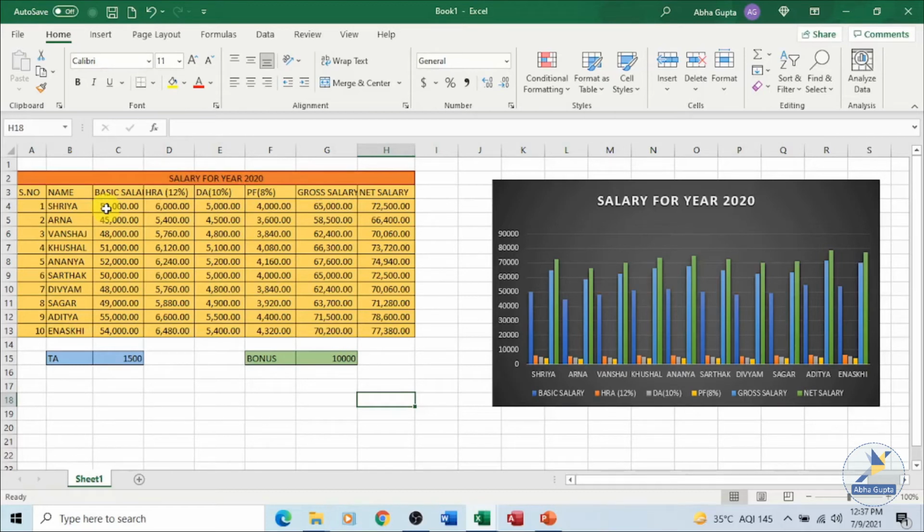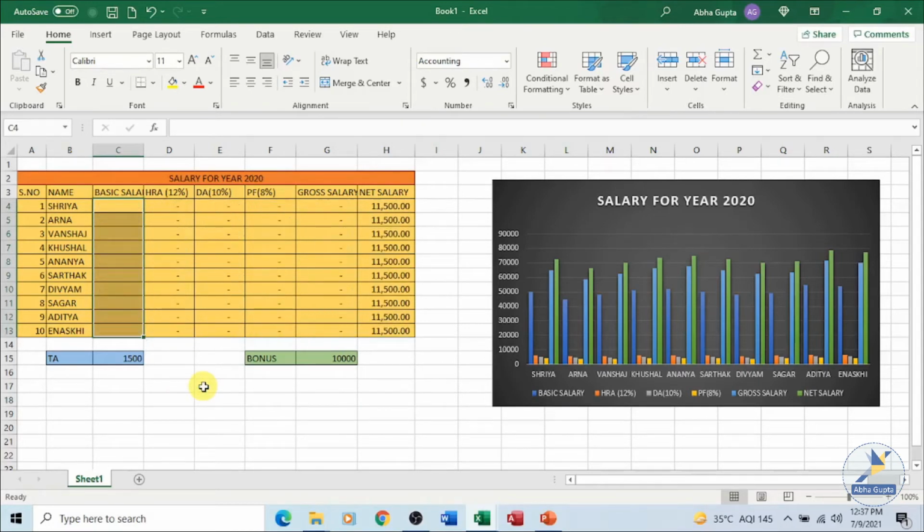We have a workbook open in front of us. We have a sheet over here. You have to make certain changes. We don't want to save the amounts over here. The formulas will be in place, everything, formatting, chart, everything will be there. Only the values will be removed.